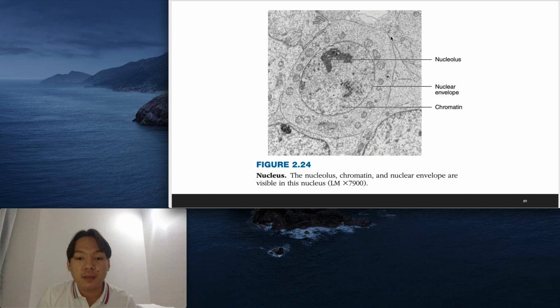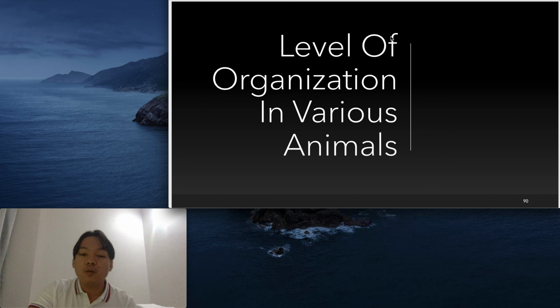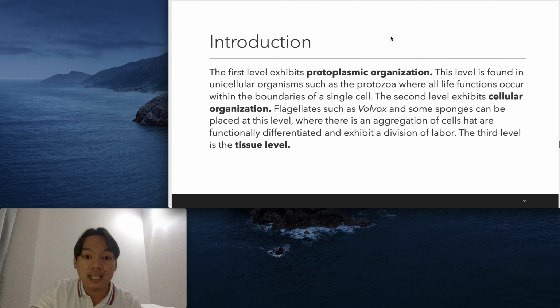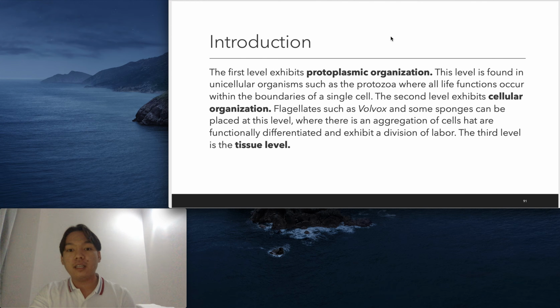These are the three major structures of your nucleus: chromatin, nuclear envelope, and nucleolus, seen in a light microscope at 7,900 magnification. So what are the levels of organization in various animals? We have the first level, which we call protoplasmic organization. For protozoans that are unicellular, we call them protoplasmic, because they are confined in the structure of